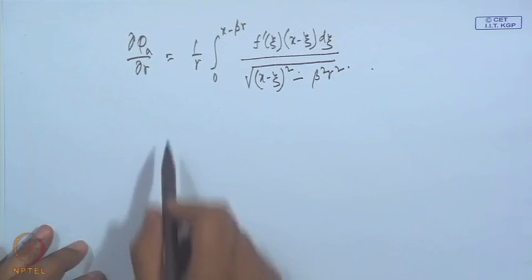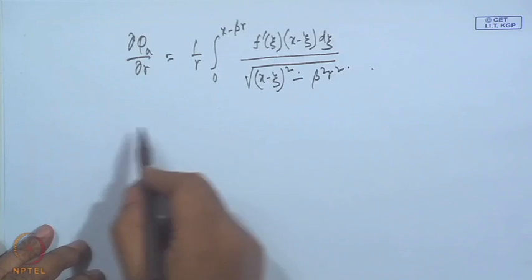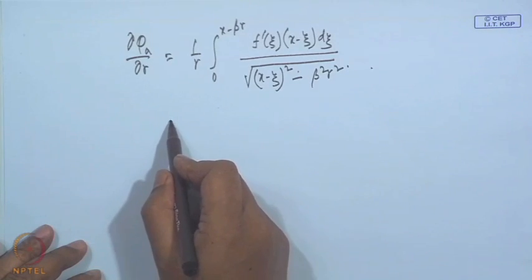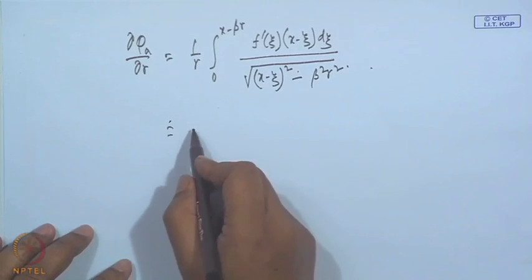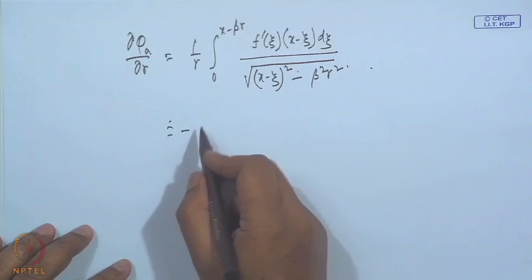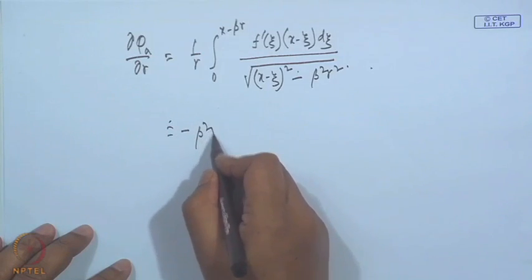This can be written by integration by parts as minus beta square r